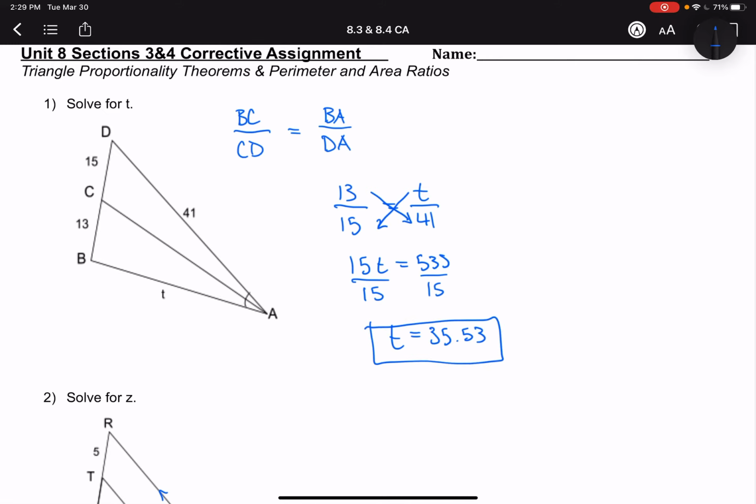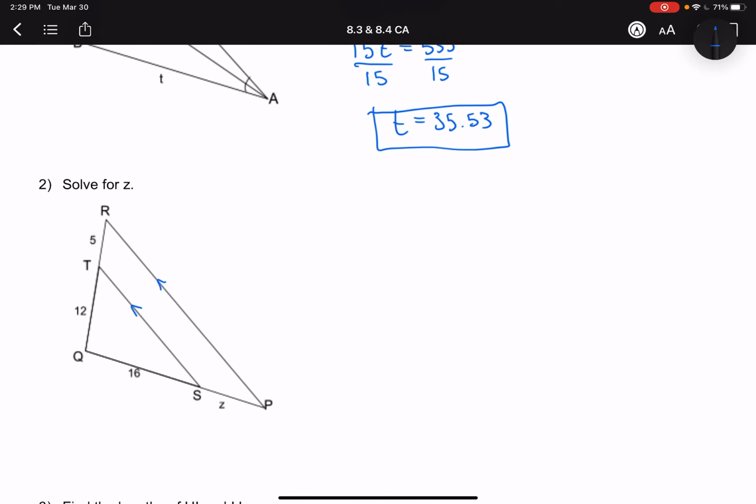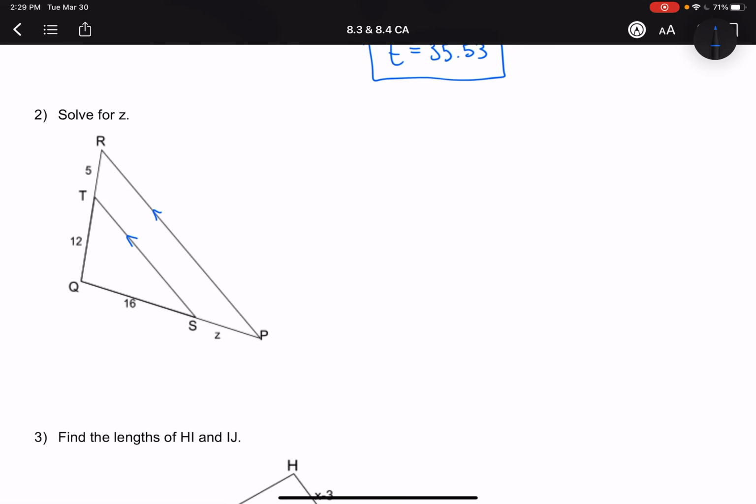On question number 2, it works in a fairly similar way. Our proportion is just set up a little bit different. And this one is using the triangle proportionality theorem. And that tells us that if we have this one triangle and we draw a line through that triangle such that it is parallel with a side on our triangle, so like here we have TS is parallel to RP,